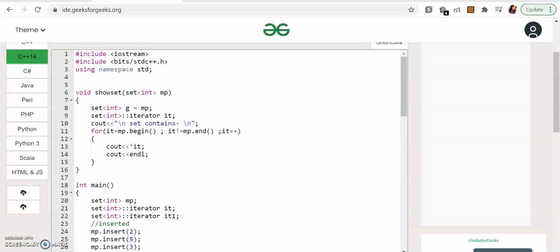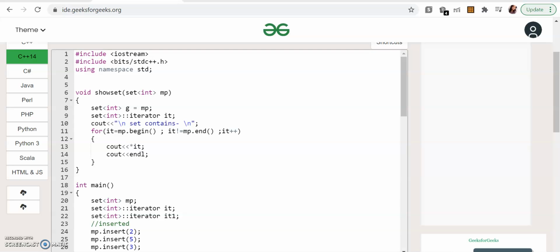Hello everyone, so in this video we are going to see about STL set. If you have seen my previous videos on STL, it is quite similar to how we use functions in a map. The only difference is in map we have a key value kind of thing. The set only contains one number, for example you can have an integer set, and the property of set is that the elements in the set can only be present once.